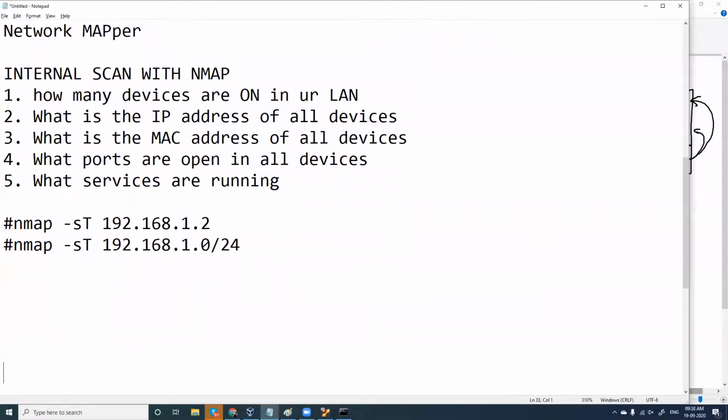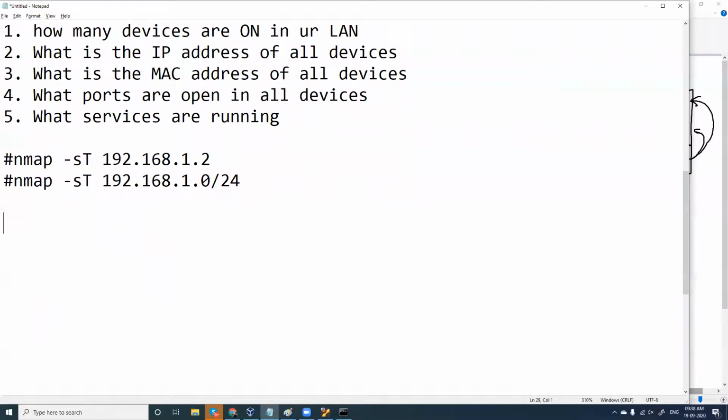And you can also use nmap for an external scan like this. You can give google.com, a domain name, or a public IP address, which again is going to give you results. Fine. So this is the basic scan.